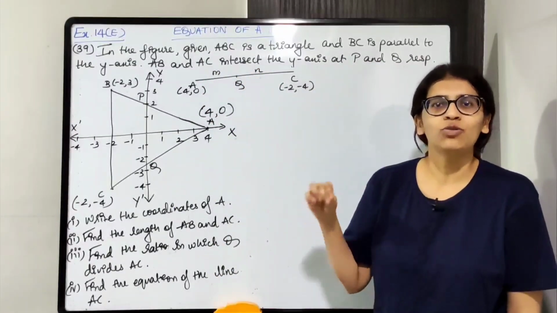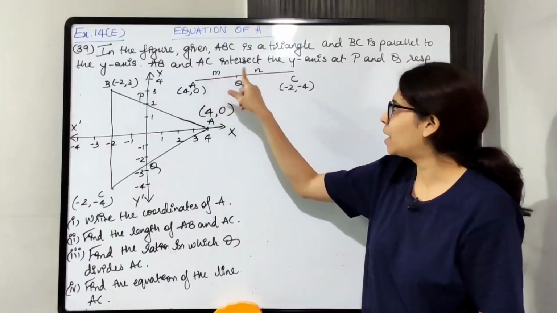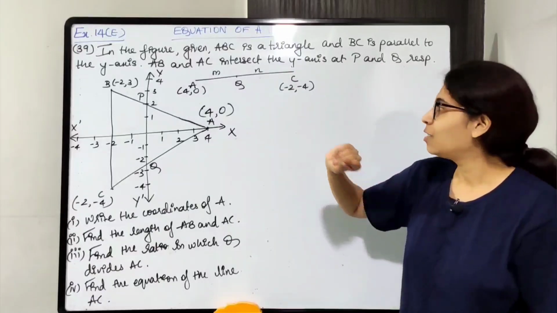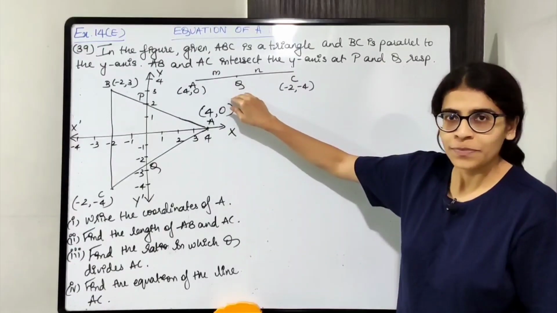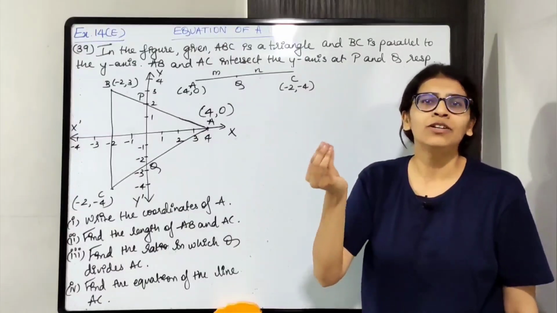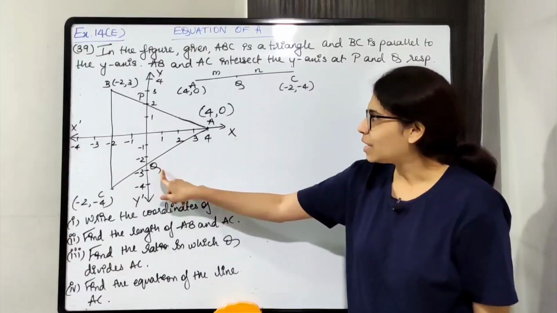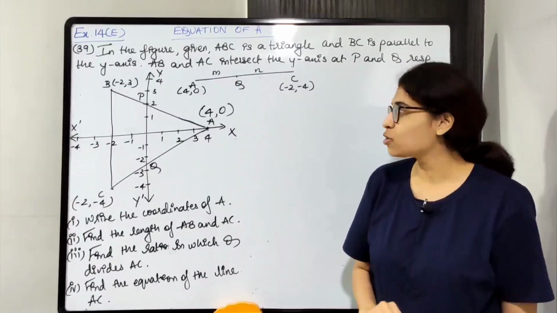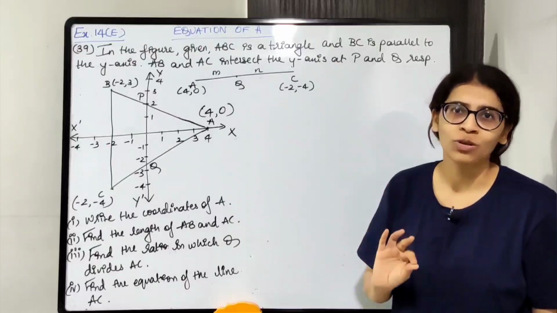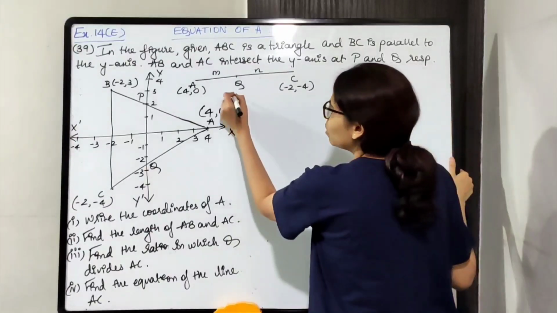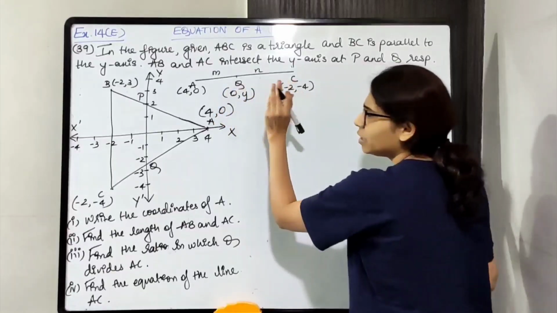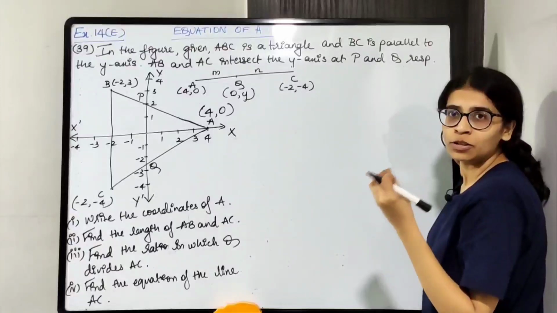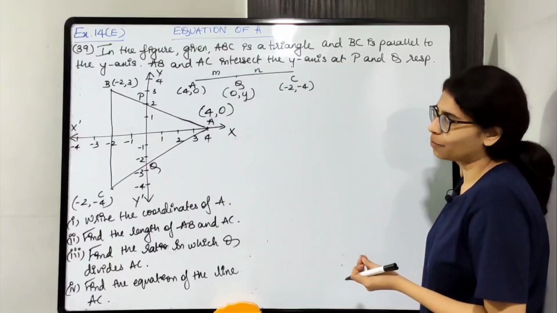Over here you have to apply section formula to find m and n. So to find m and n, we'll be using coordinates of Q. You need to know at least one coordinate of Q. Q lies on y axis, so what will the x coordinate be? It will be 0, right? So we know x coordinate of Q will be 0, and it has some y coordinate, but x coordinate will be 0. So let us find out what will be the x coordinate of Q by section formula.